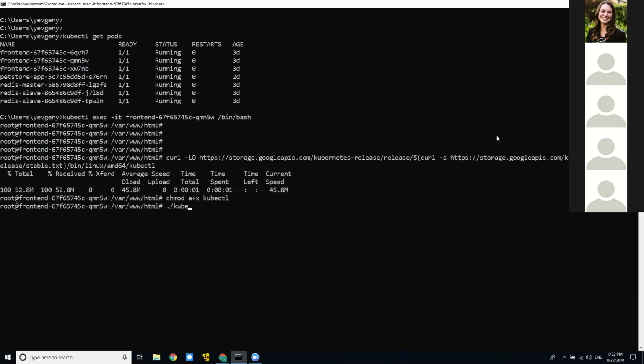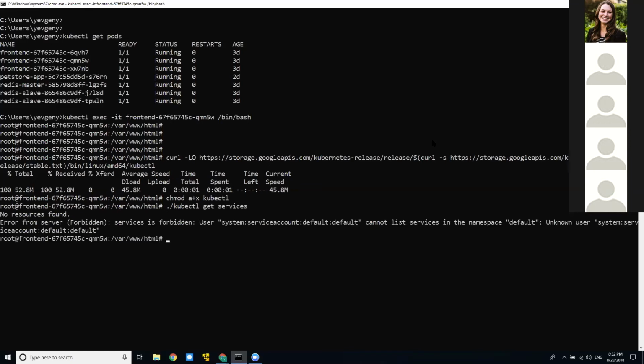And now let's run it and try to see which other services are in that deployment. To which other services can we do reconnaissance, get more information, and maybe move to more sensitive services? So let's do kubectl get services. It doesn't work. We are forbidden. Looks like the cluster is configured correctly, and it uses RBAC, which is the best practice. So we are not lucky in that case.